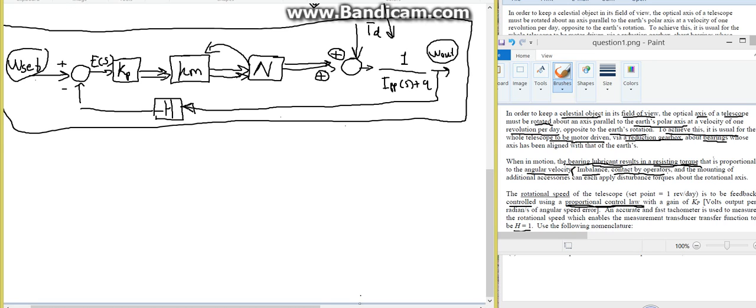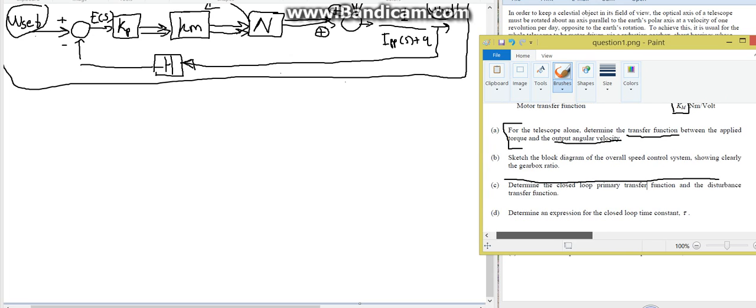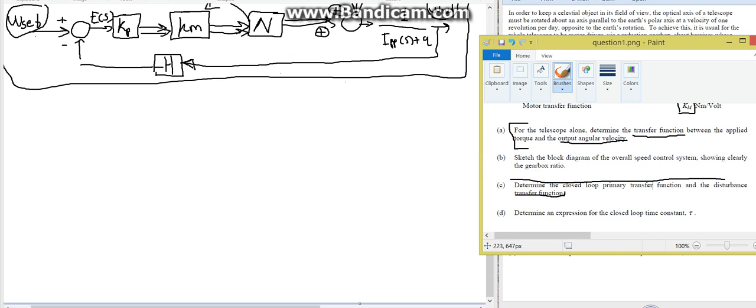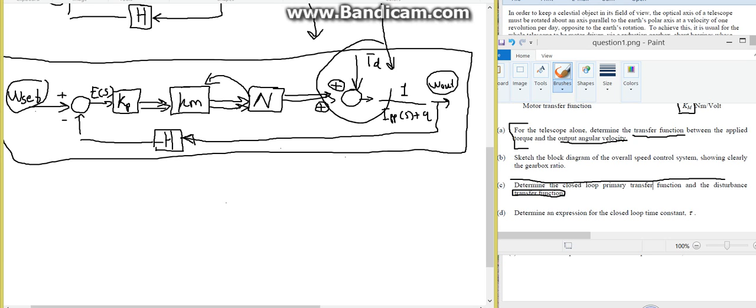And moving on, the next question asks us to determine the closed loop transfer function of the disturbance and the actual input without the disturbance. So firstly, let's find the basic transfer function of what it would be without the disturbance included, this entire summing junction here. What happens if the disturbance is neglected, and you only consider the input with respect to the output? Let's just quickly do that. Whenever you are asked to neglect the disturbance, you state TD equals 0, and therefore